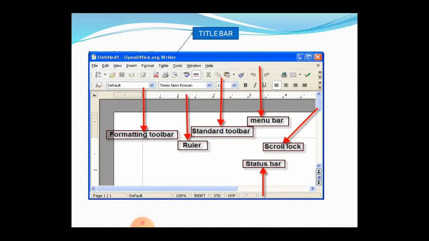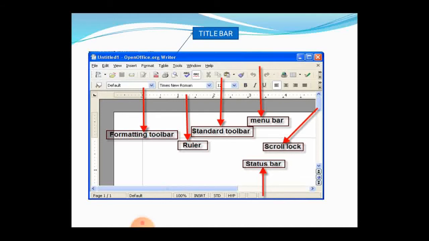The next one is the status bar. Can you see down? Yes, this one is the status bar, which displays information including page numbers, column, and line number on which your cursor is present.